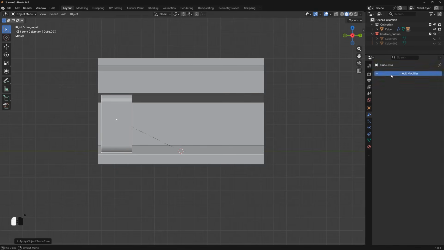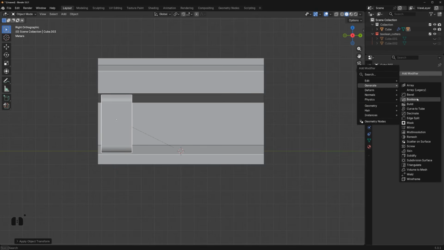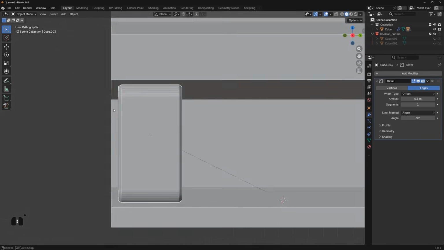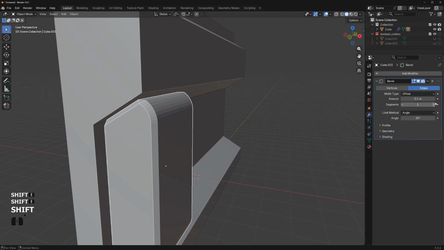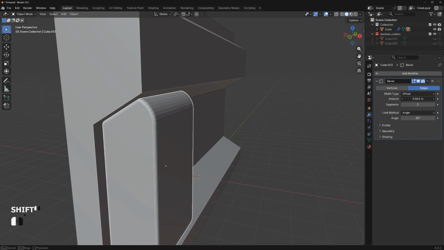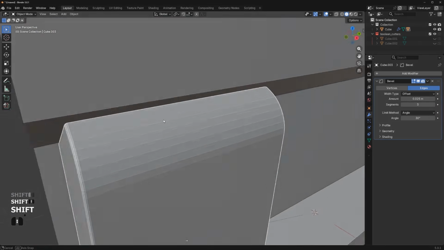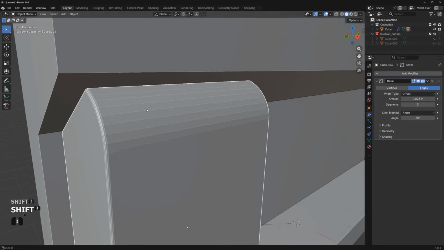Then we're gonna go here to generate, and we're gonna generate a bevel, right? Now, there's a few things we need to do when we generate the bevel. First of all, we need to add more segments. 3 is fine. Hold shift to slow the movement down and scale this bevel a little bit, so it's not so huge. And we're gonna also have to make sure this is shaded smooth, not flat, because at the moment